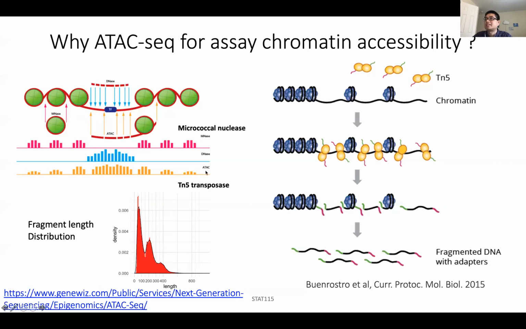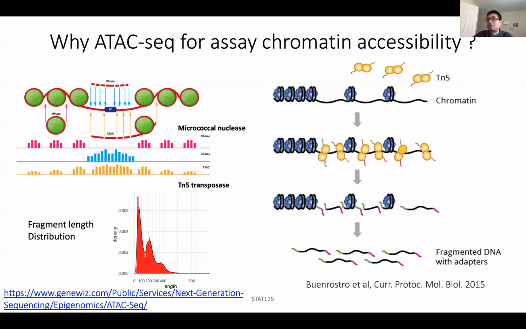And for ATAC-seq, it uses Tn5, as I just mentioned. And Tn5 cuts both the open chromatin region and also the linker region. So in the end, you get all the accessible regions in the genome. By the way, because Tn5 cuts both the linker region and also open chromatin region, after you make a sequencing library, for example for bulk ATAC-seq, you can load the library into